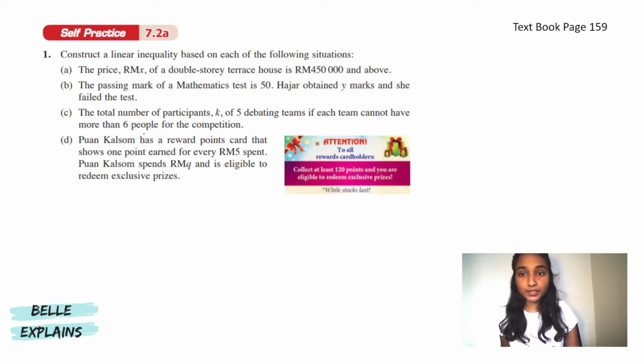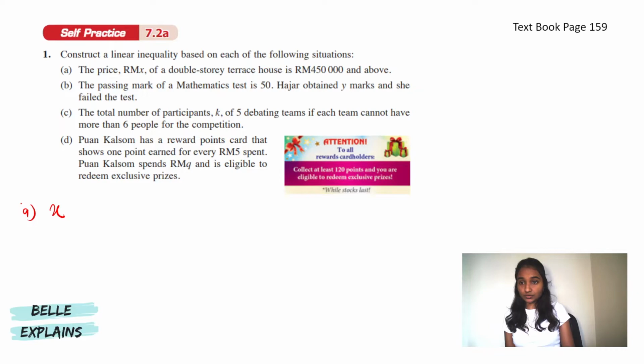Let's start. So today we're doing 7.2 linear inequalities in one variable. Okay, self-practice 7.2a. Construct a linear inequality based on each of the following situations. The price RMX of a double-story terrace house is 450,000 and above. Okay, so it could be 450,000 or it could be more than that. So X, so it's A. So X is bigger than or equal to